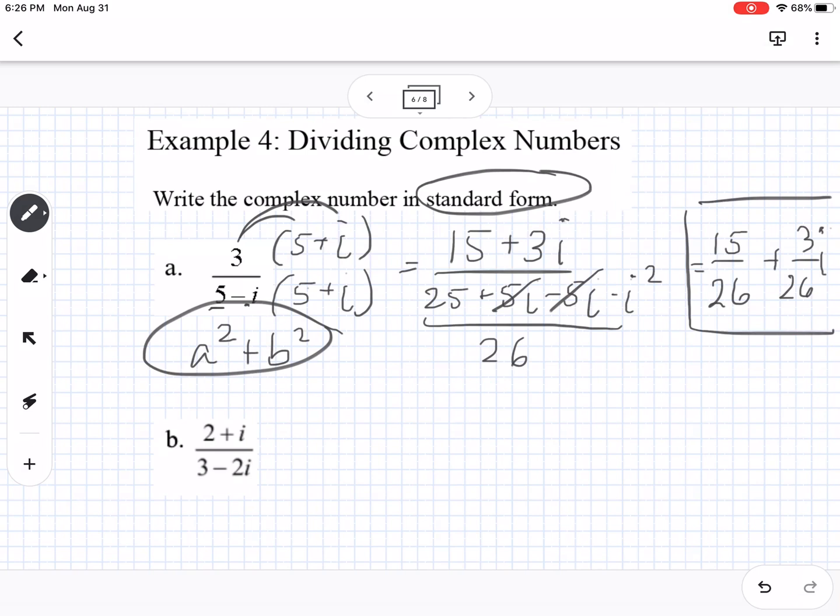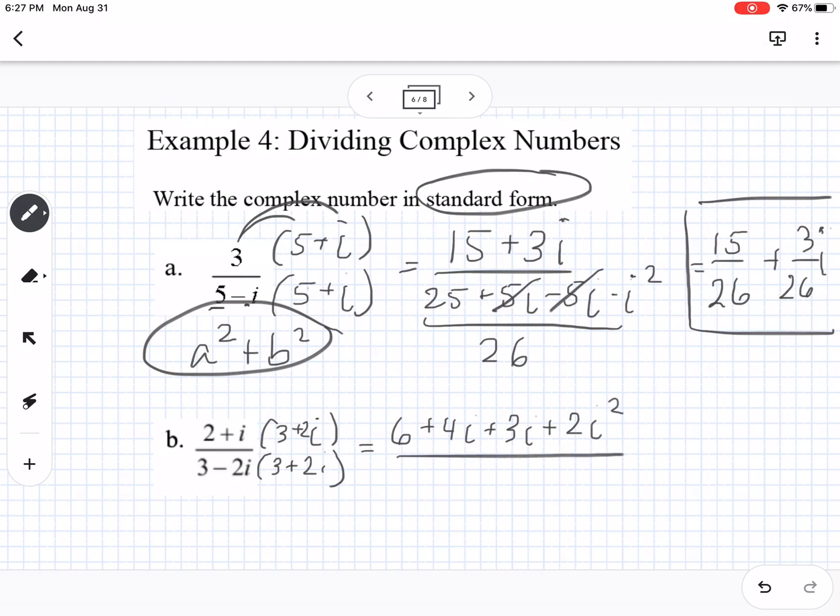Okay, now we're going to do the same thing for b. So the denominator is 3 minus 2i, so I'm going to multiply by 3 plus 2i. Okay, so this one is a little bit extra steps because we have to FOIL on the top. So the top is going to turn into 6 plus 4i plus 3i plus 2i squared